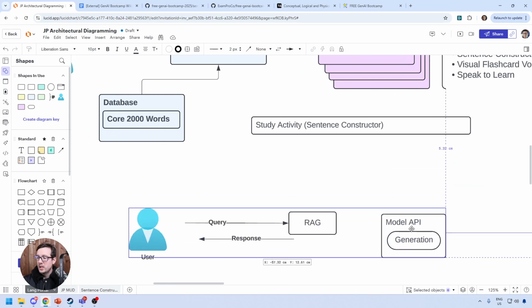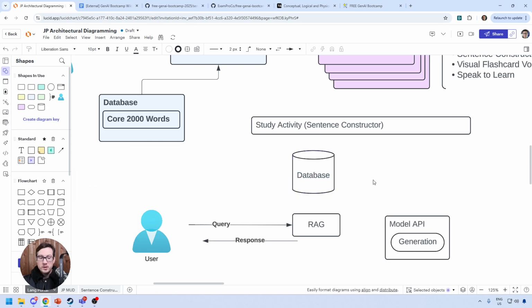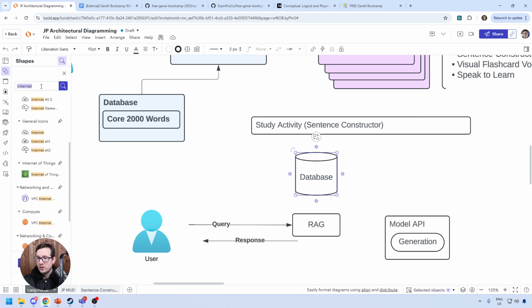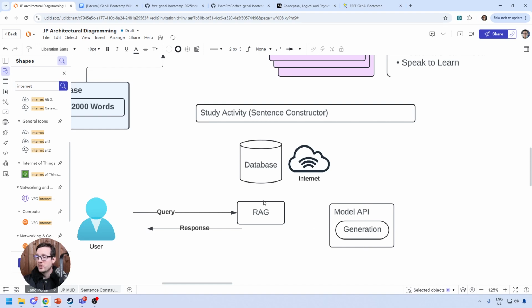But what RAG does is it allows us to fetch data from an external source. Could be the internet, could be a database. And maybe we could represent that with the internet. So we're going to have an internet icon here, internet, right? And the idea here is that RAG can go to these sources prior to this. Okay, so it can go here and it can go,